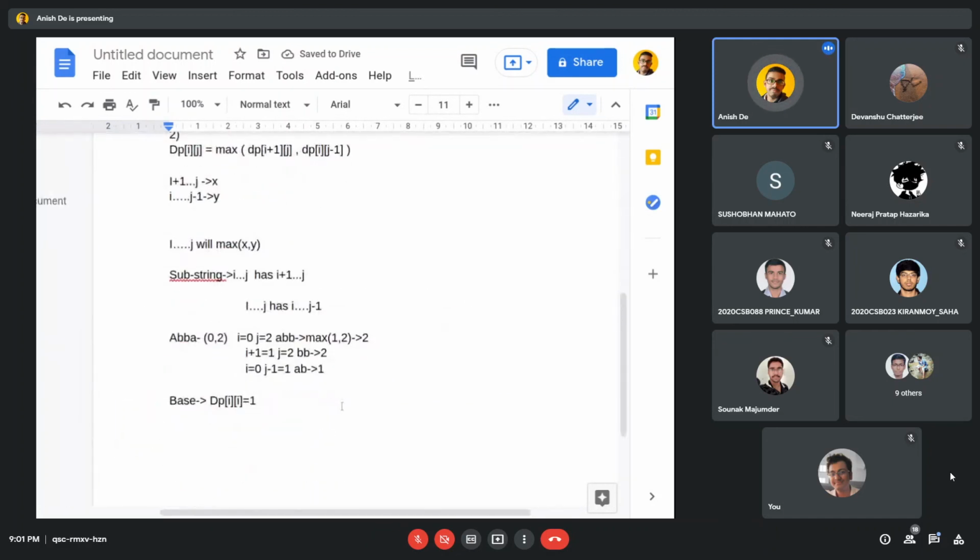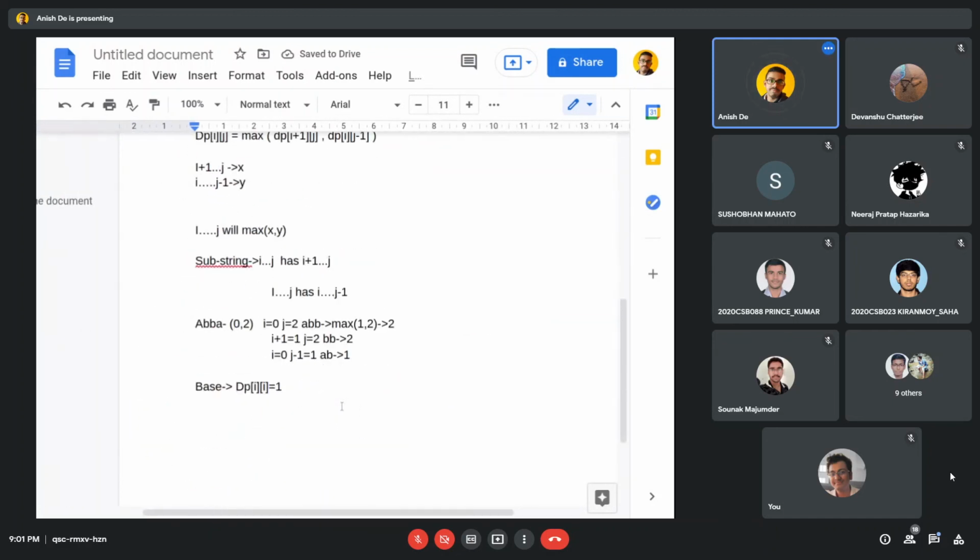So does anyone have any confusion on this maximum palindromic substring?